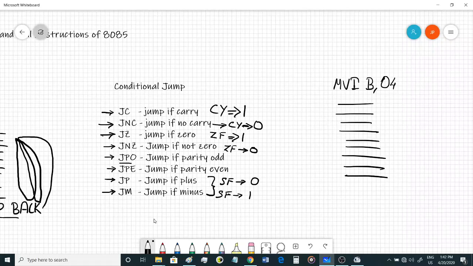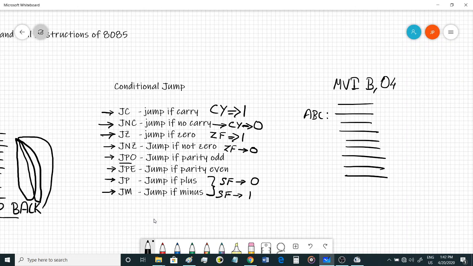And then you can give a label. The label will indicate which are the instructions that you want to keep looping. Let's say these instructions from here to here you want to keep looping, then you can give the label over here. Wherever you want to put the label you can put, depending upon which instructions you want to keep looping.